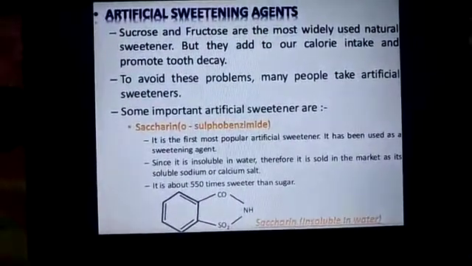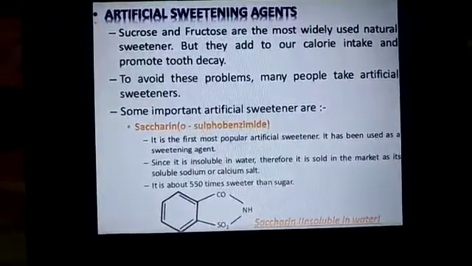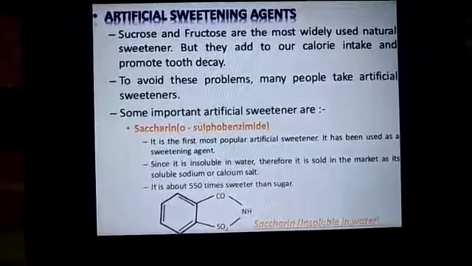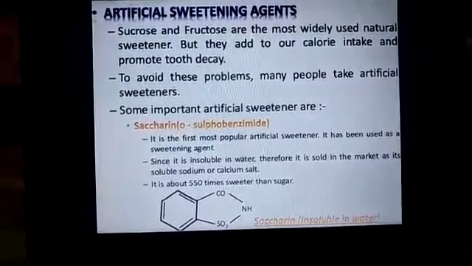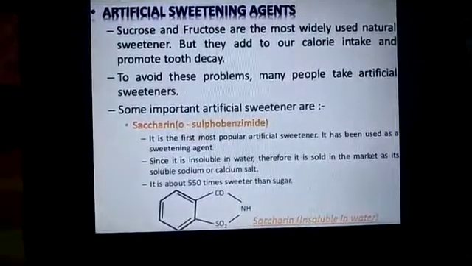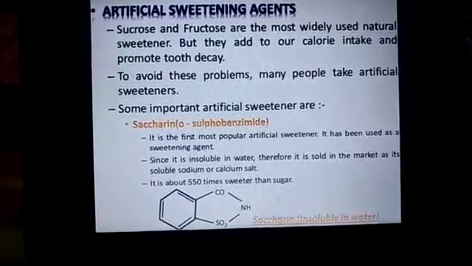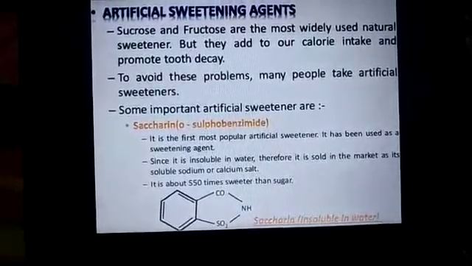Artificial sweetening agents. Those substances which add sweetness to foodstuffs are known as sweetening agents. Sucrose and fructose are the most widely used natural sweeteners, but they add to our calorie intake and promote tooth decay. To avoid these problems, many people take artificial sweeteners. So, important artificial sweeteners are